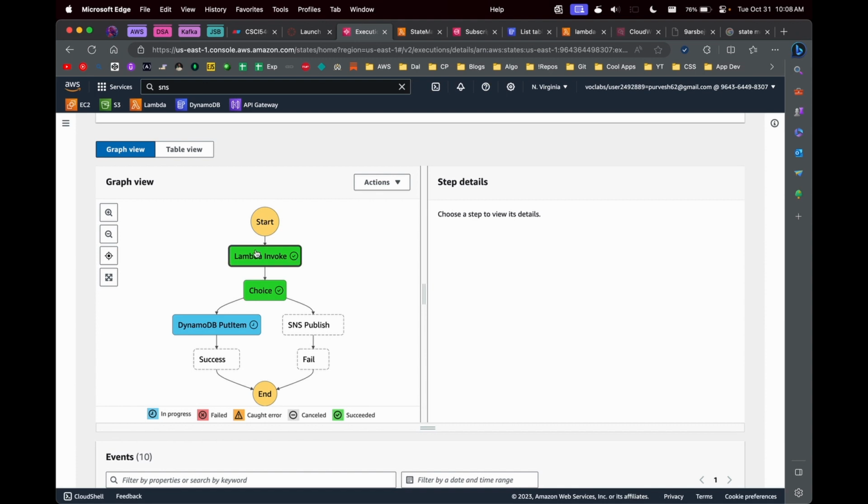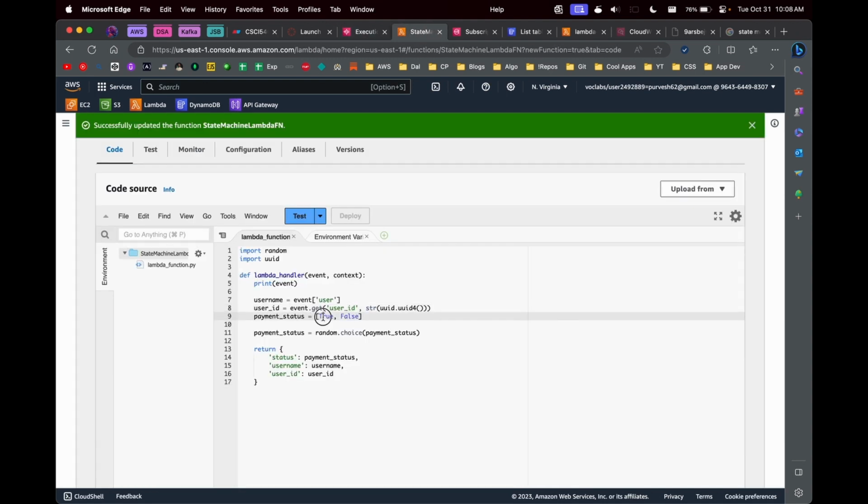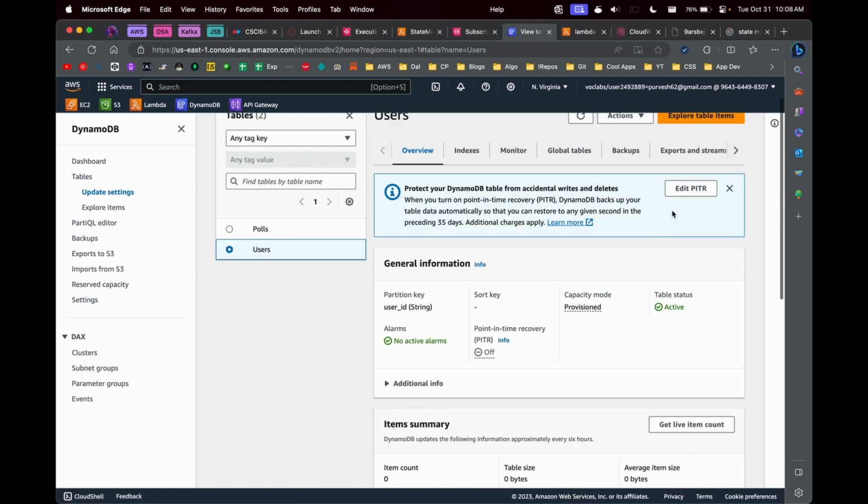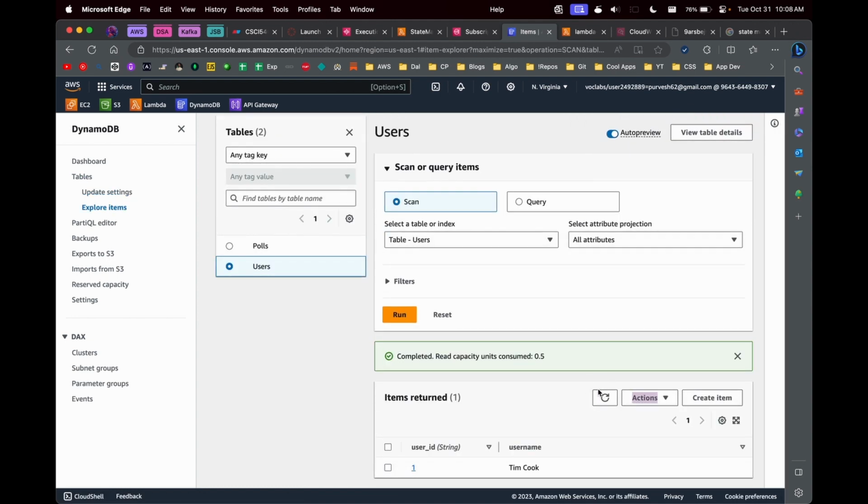So when I ran the Lambda function, it could either give true or false. So it gave true to me. So inside the choices, it was true. So it called this put item API and it was success. So if I go to DynamoDB, users table, explore table, and then run it, I can see Team Cook